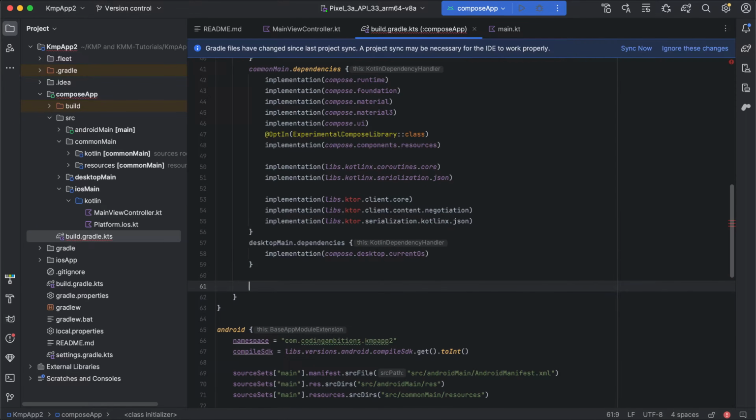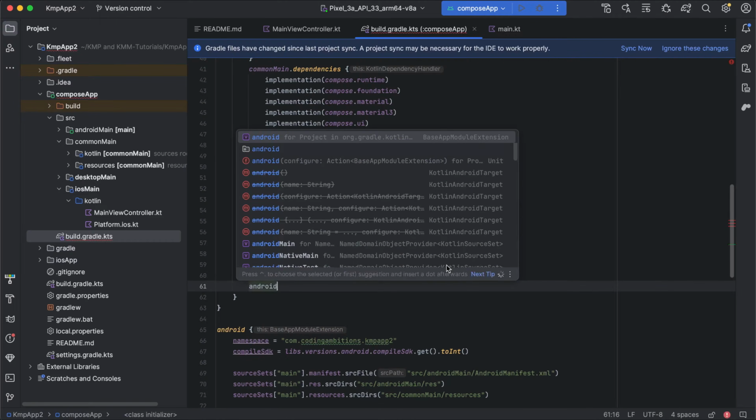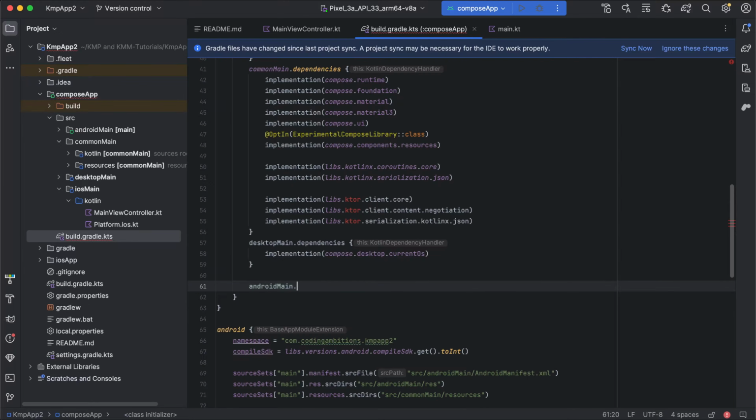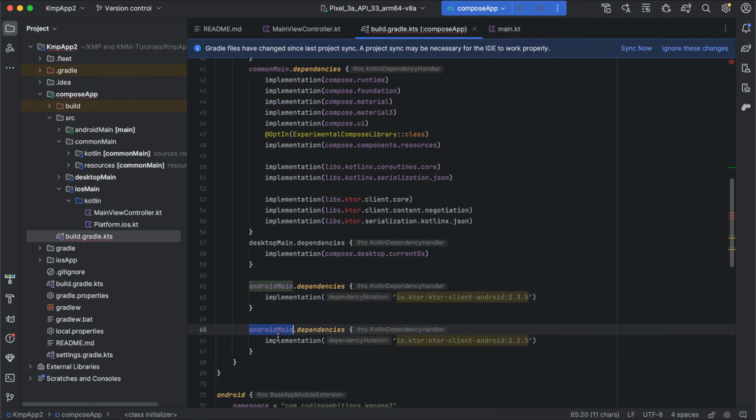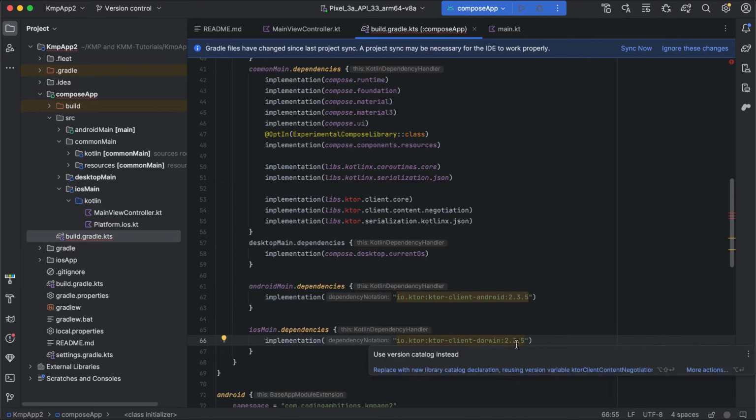So for that we can add in Android main dependencies, version 2.3.5. Again we need this for iOS main dependencies. Here we need to add Darwin. Again let's add them to the catalog declaration,